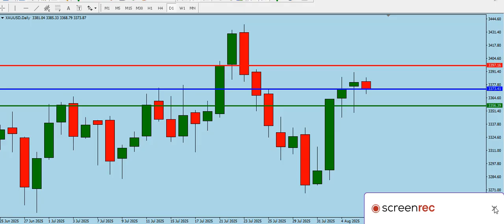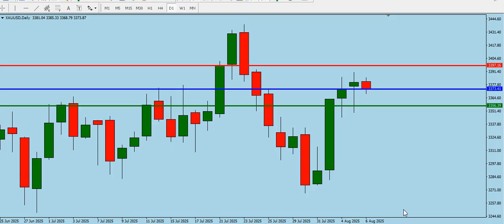Today we'll be looking at how we can trade gold XAUUSD on the lower time frames. But before we go to the lower time frames, let's just look at what has happened on the higher time frames, and we'll be starting with the daily time frame. I'll be using pivot analysis to explain what